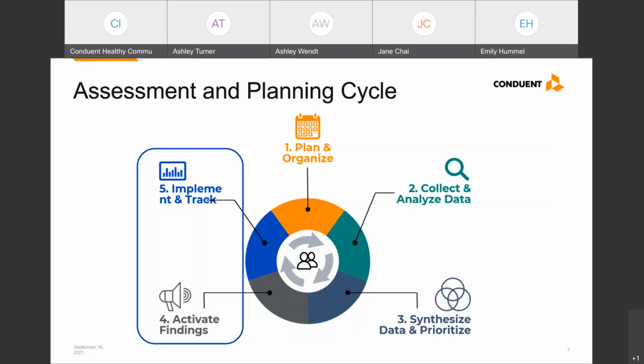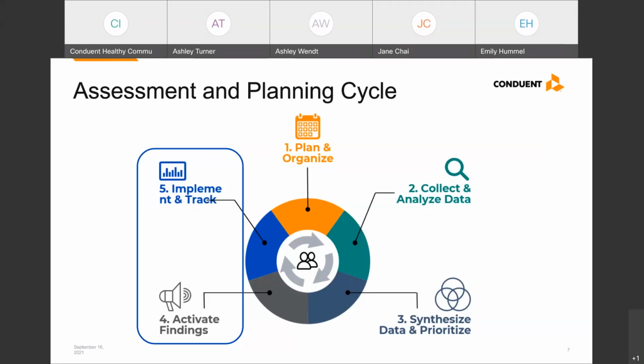In our first webinar, we talked quite extensively about the first few phases. So today we'll be focusing on phases 4 and 5, how to set your implementation strategy or community health improvement plan for successful activation, implementation, and evaluation. From our experience, by the time communities get to this point, they are ecstatic to have their community health assessments completed, but also a little exhausted and unsure of how they'll gather the energy to keep going. So hopefully today's webinar will help provide some inspiration and ideas as you move forward.